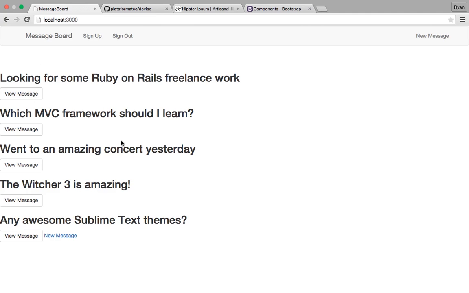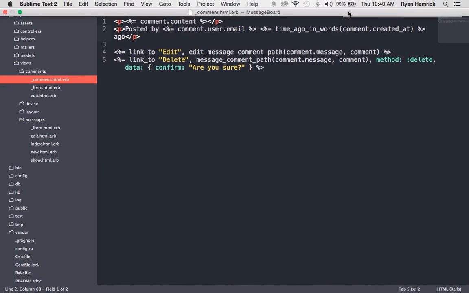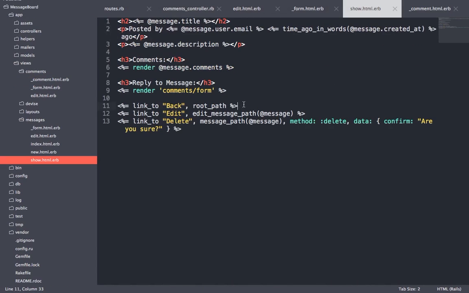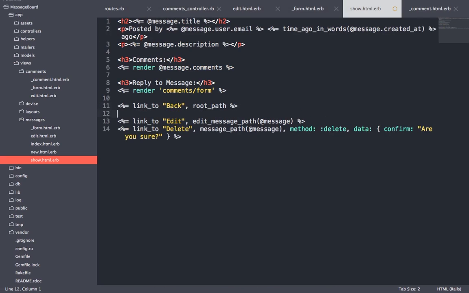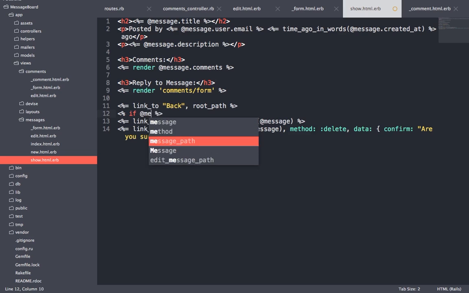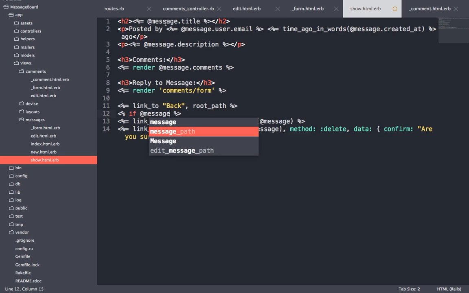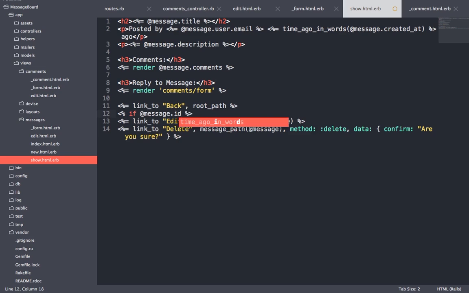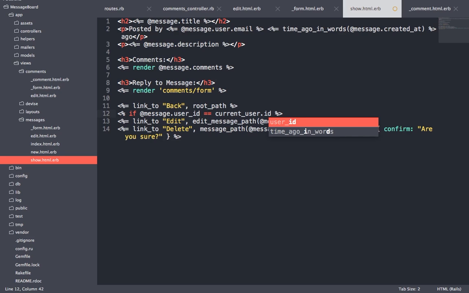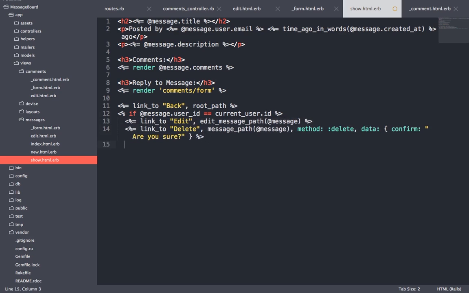So what I'm going to do is go into the message show page where we're linking all these, and we want the back to appear for everyone. So I'm going to add some code. I'm going to do if the message.user ID, my fault. So if the message's user ID, so the user who created the message, equals the current user's ID, current_user.id, then we will display these. And if not,